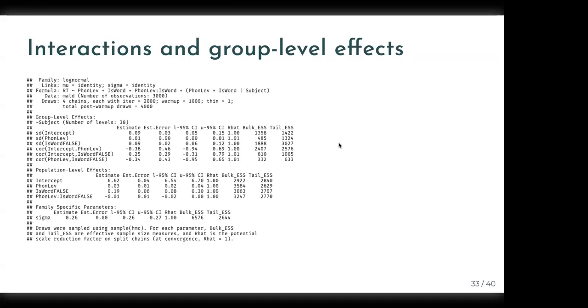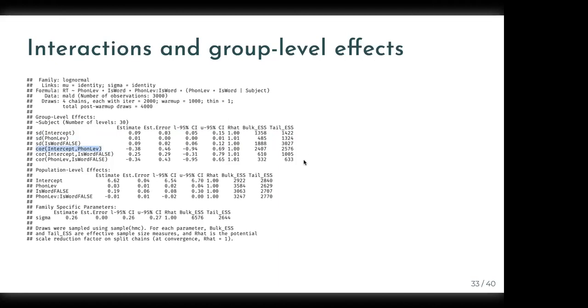Yeah. Okay, great. Sorry. So I was saying that this is what would be the random effects model in lme4. Here they are called group level effects. And again, it just works the same. You don't get just a single value, but you get an entire probability distribution that is summarized by the credible intervals, in this case, 95% credible intervals. You get values for the group level intercepts and the